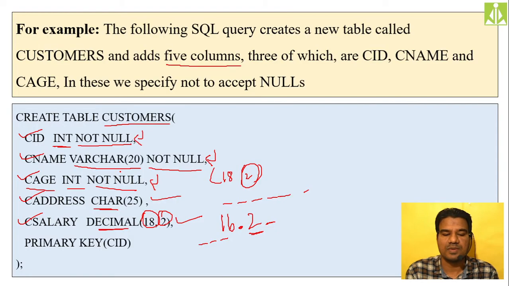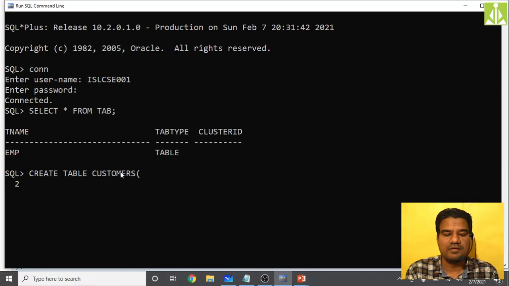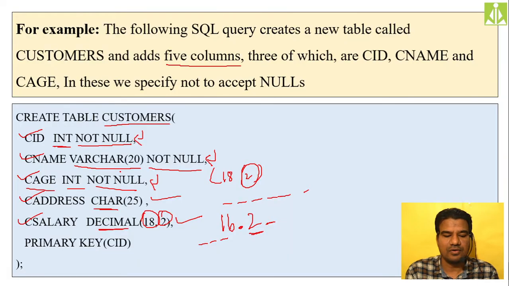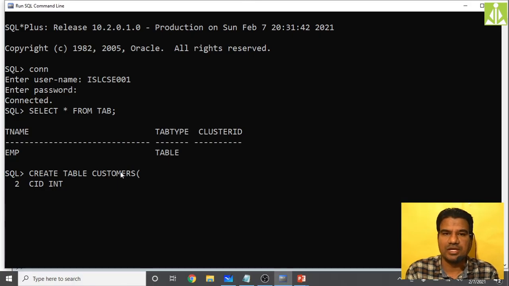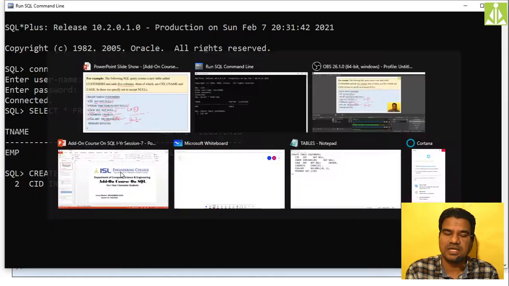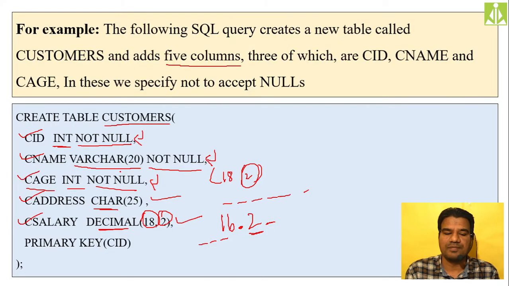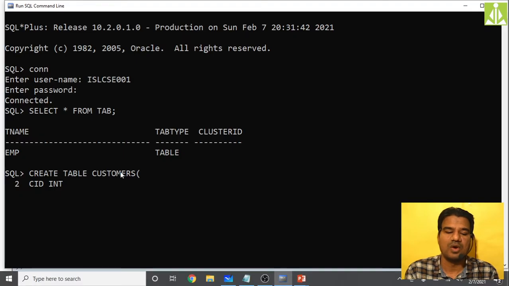Customers of CID, CID int, integer, that is numerical value only. It is the same as number, but there is a difference between integer and number. As we have not discussed the data types, for now you remember integer means numerical values only. And I want this CID field as not null.